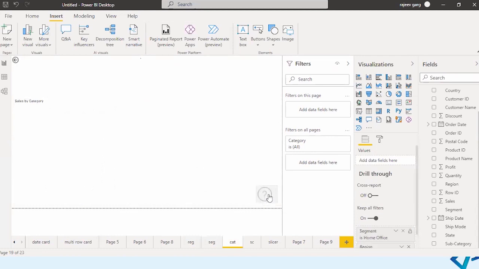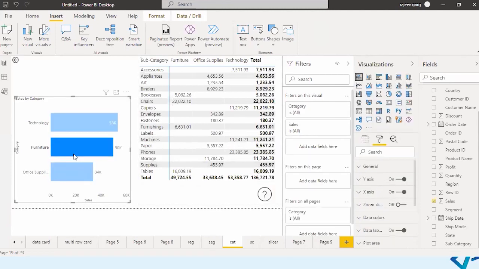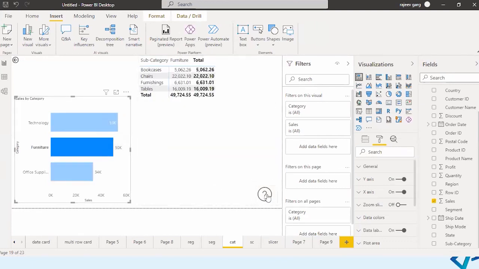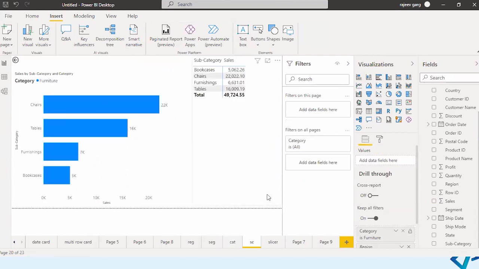Let me click on this and you can see I'm getting the bifurcation of 136,000. Let me take furniture, which is 50,000 over here, and I will control click on this, and I'm getting the bifurcation of 50,000 on the basis of the subcategory over here.